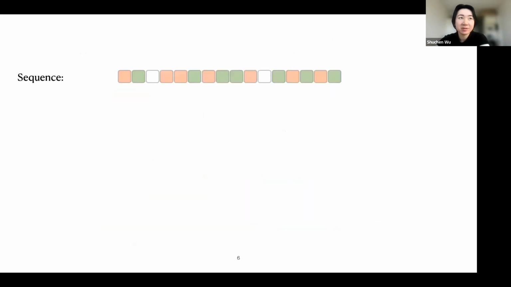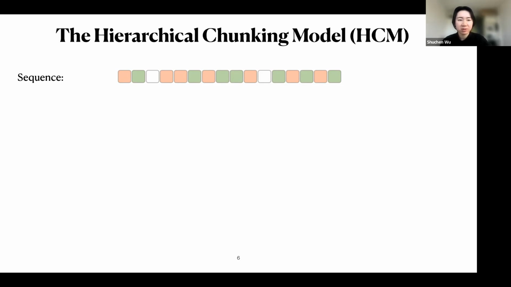Now this perceptual sequence is given to a learning agent. The learning agent has no idea what is going on in this one-dimensional world, and wants to uncover the underlying structure, or what are the objects that I can use to describe this world. So the hierarchical chunking model is trying to emulate this process,